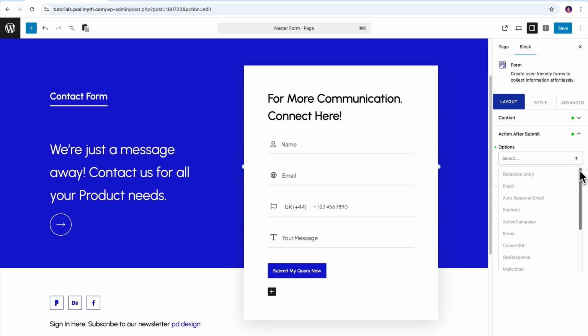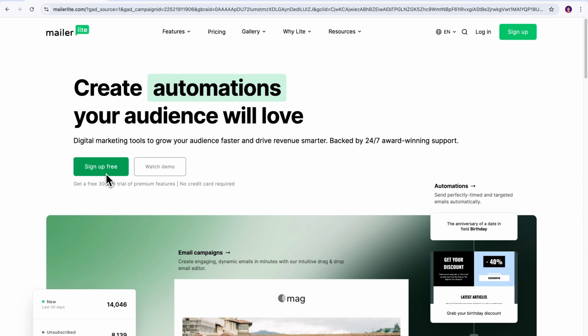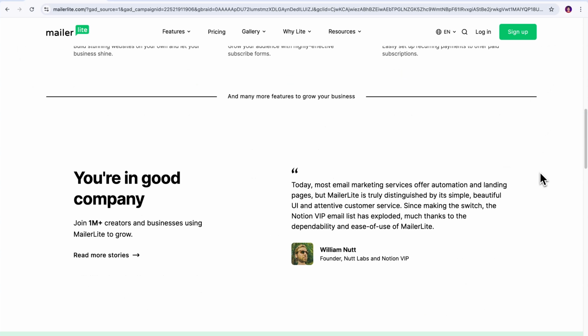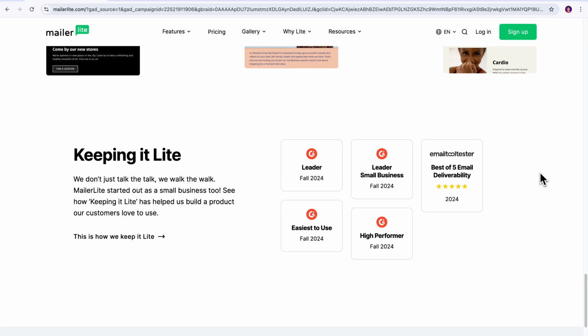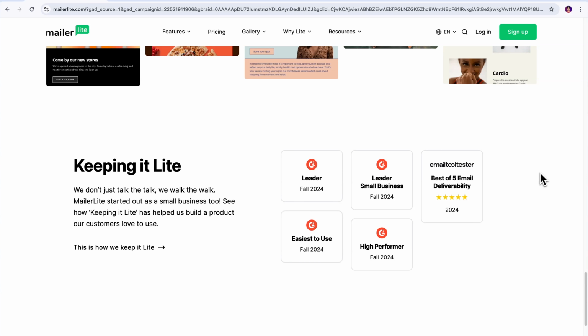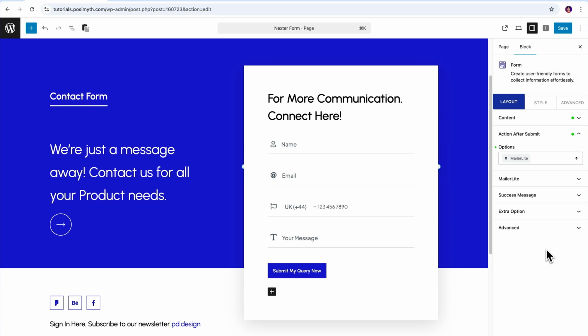Now, sliding over to MailerLite, it is known for its clean interface, generous free tier, and surprisingly powerful automations. So, if you want a budget-friendly email tool that still lets you build slick workflows, this is the one for you. Okay, selecting MailerLite from the Action After Submit dropdown, in your form settings, a couple of new fields will appear. As usual, we need the API key and group ID, as you can see, so let's get them by